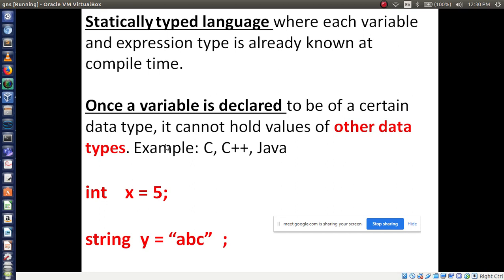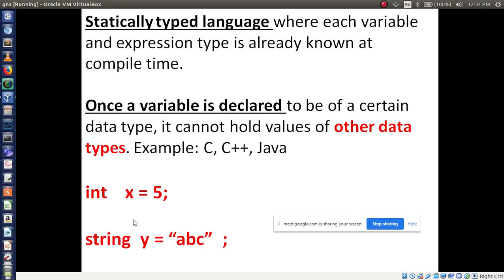For example, here we have declared int x, so it only accepts integer numbers, not floating point, not string characters. And in string y, you have assigned the string abc, so it will not hold the integer type.